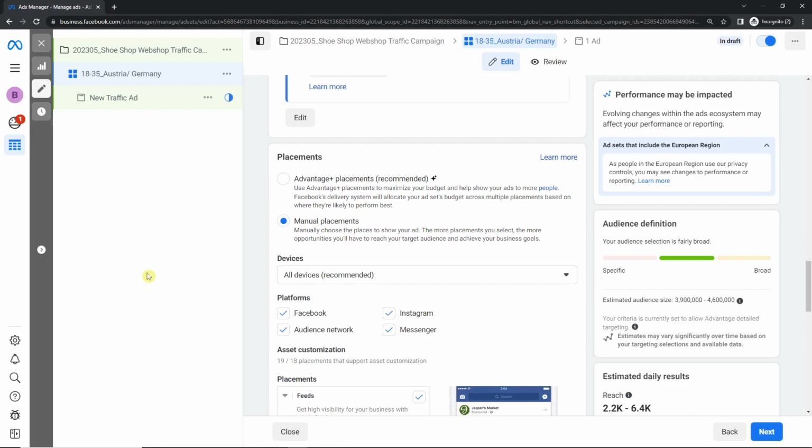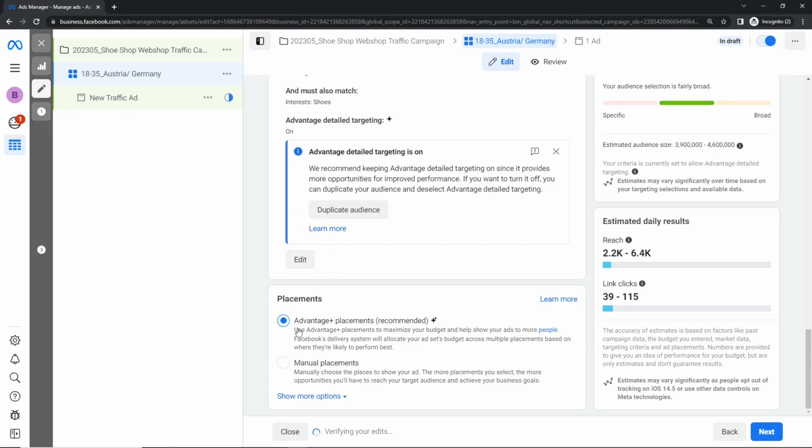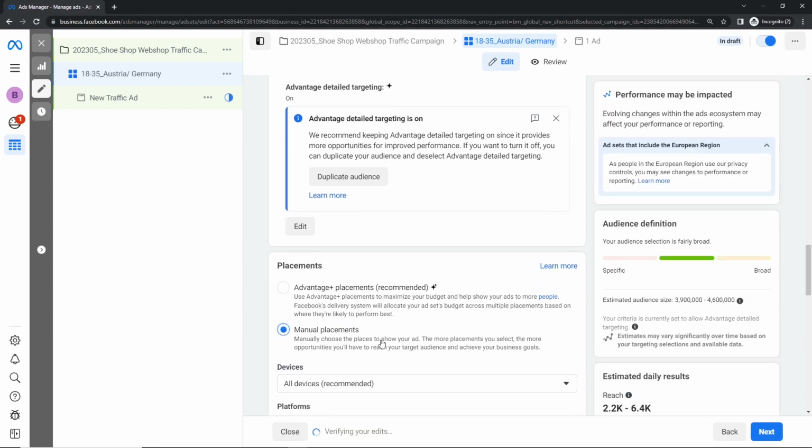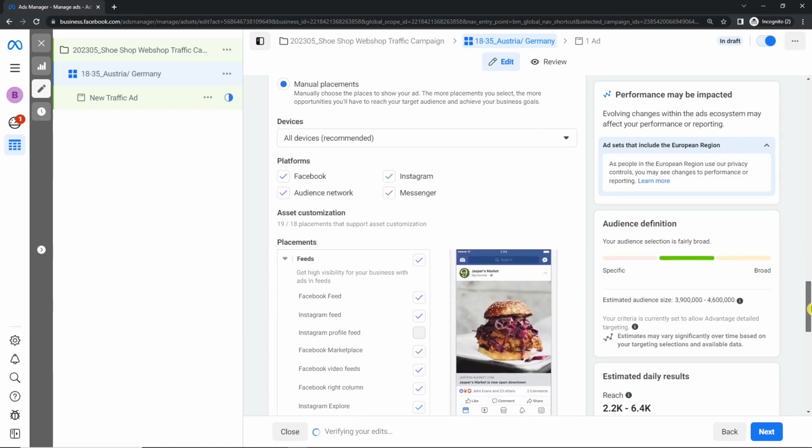Okay, the last point we have is placements. And normally you have here Advantage+ placements. So Facebook has a lot of other platforms or features, like Instagram and the Facebook Audience Network, so other platforms where they run your ads. If you don't want all of those platforms, and I normally don't like it, I click on manually, and here